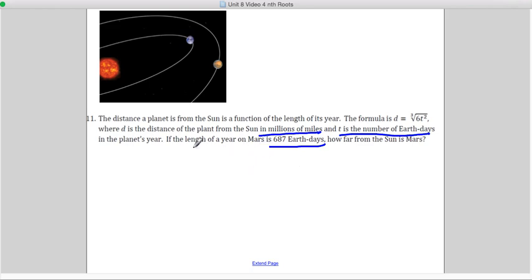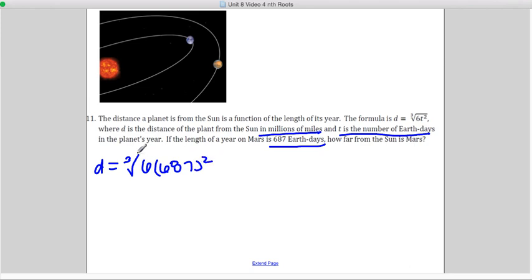All right, so the length of a year on Mars. So which part is representing Mars? Well, t is our Earth days. And this is representing our Earth days. So we're going to plug in 687 for t. So d is equal to, because we're trying to figure out how far, so we're trying to find d, the cubed root of 6 times our t,